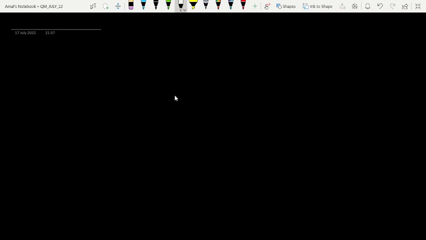In the last class, we were discussing how we can represent the state of a quantum mechanical system mathematically. So it was given by the first postulate, which says this is postulate 1,